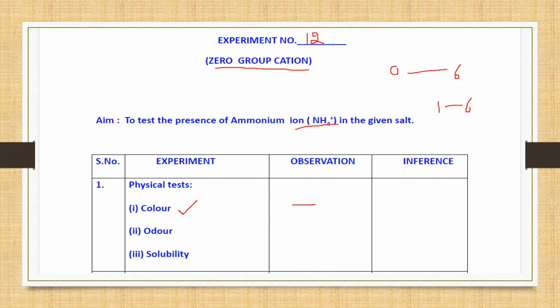And then you will check the solubility. So generally in your syllabus you have soluble salts and those which are white in color, so that by just looking at the color you cannot identify that this is the salt given to you, because ultimately once you complete all the cations and anions you have to carry out experiments to analyze the given unknown salt, that which cation and which anion is present in it.